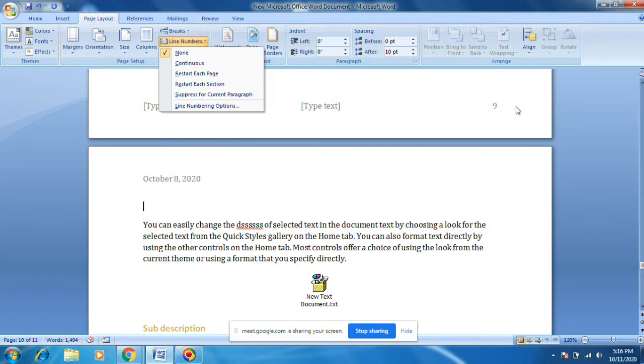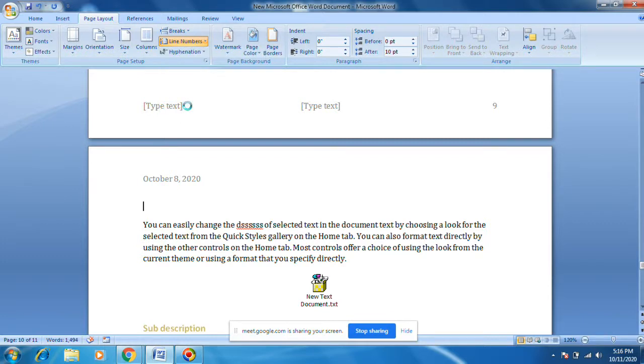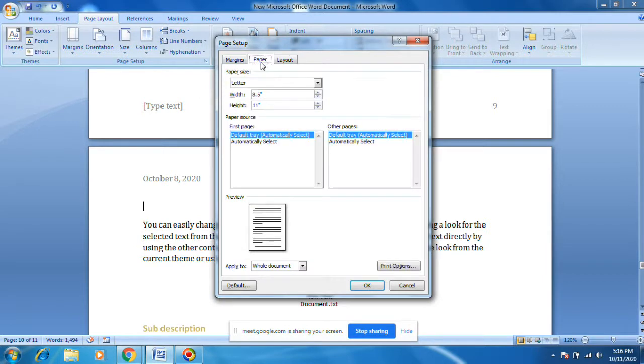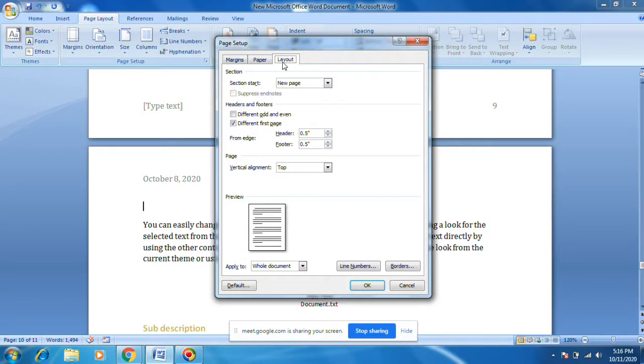Line numbers. Line numbers are already added. Oh, these are page numbers; line numbers are different. We never do this one. We prefer only bullets and numbering.